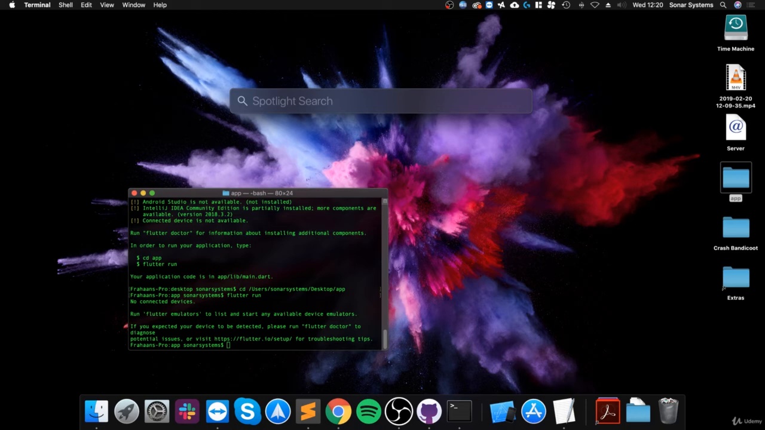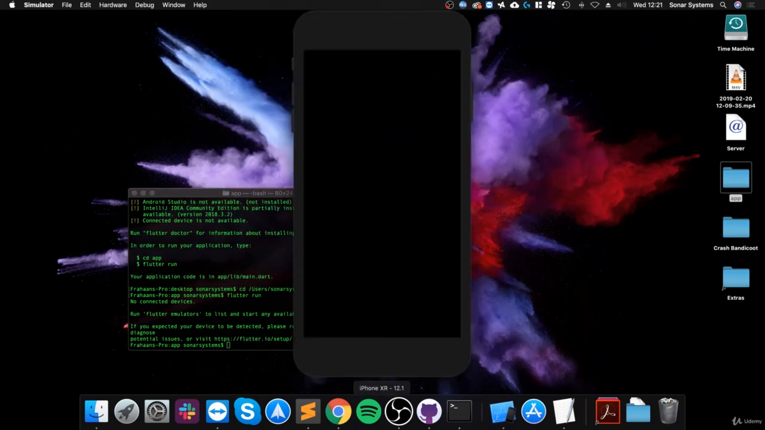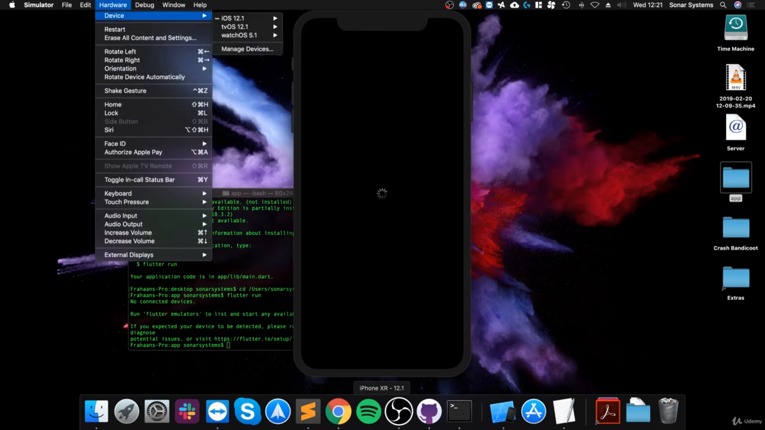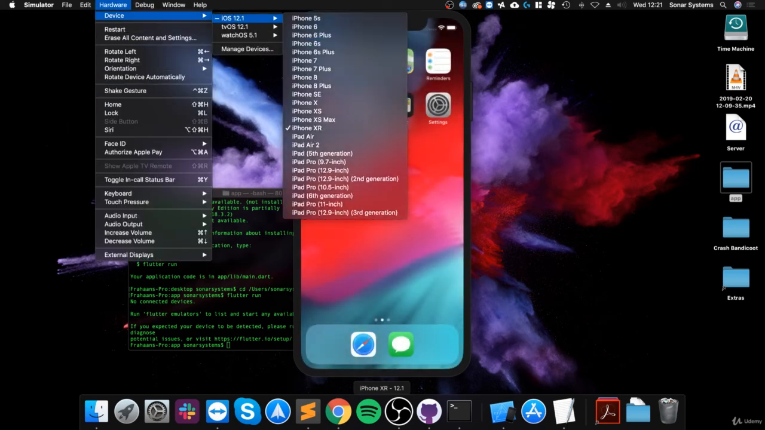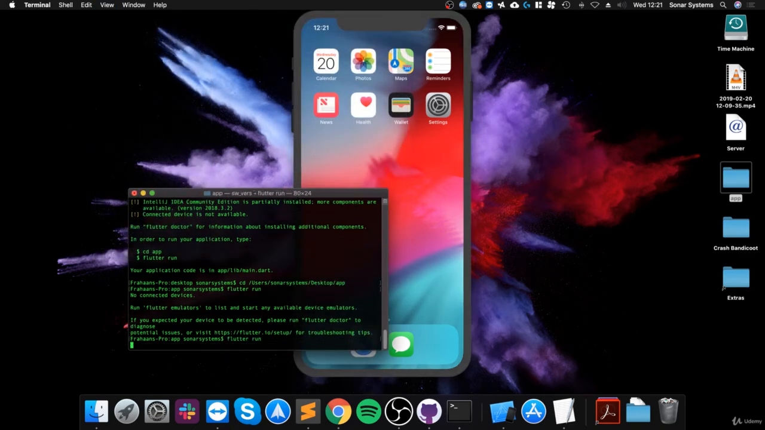So if I was to run the simulator, assuming you've already installed it, and the type of simulator that you want to do is totally up to you. You can change the device if you want to. You can do a lot of stuff here, but it doesn't really matter. And now if I was to do Flutter run,